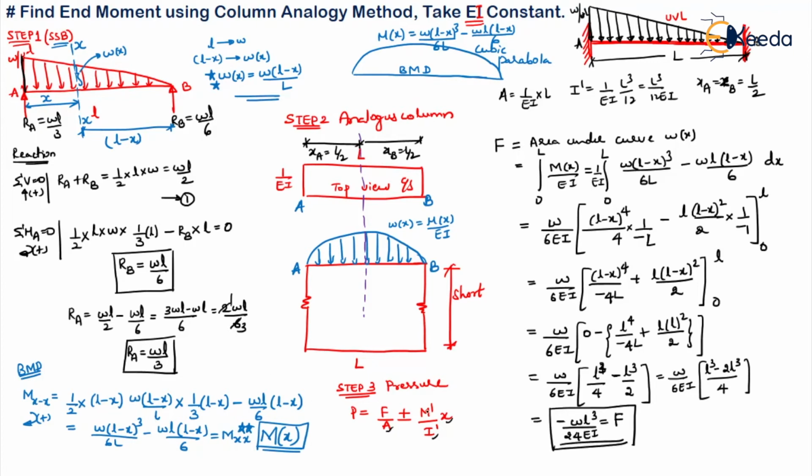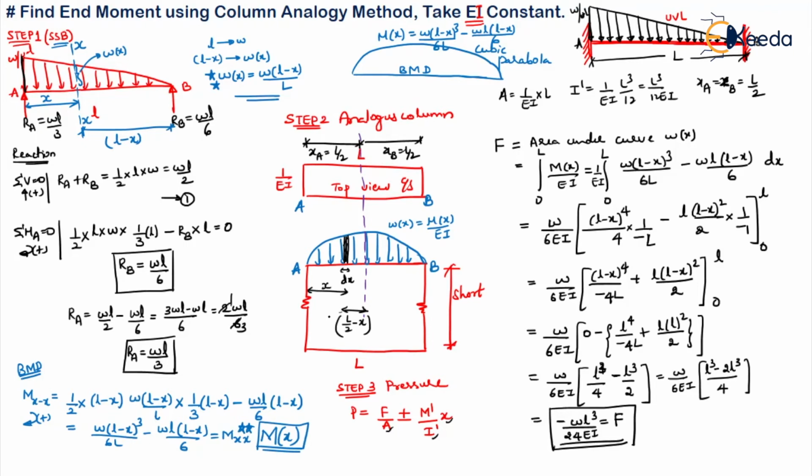Understood? Now you want your M dash. So this force into the perpendicular. Okay, now we have to find the M dash. So for finding M dash, we have to do force into perpendicular distance. Right? Now what we do is we take a small section here. Okay, let the thickness of this section be dx. Let this be at a distance of x from your end A. Understood? So now in that case, how much will this distance be? This total is L by 2 minus x. So this will be L by 2 minus x.